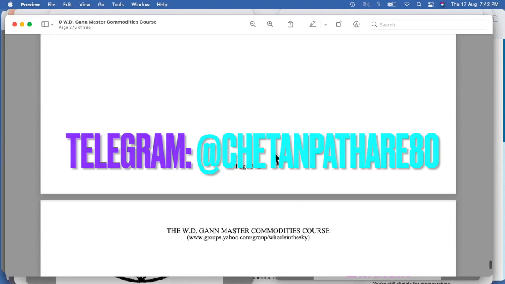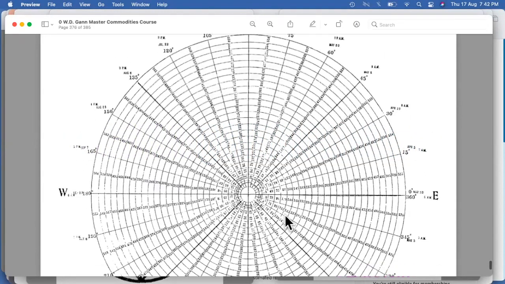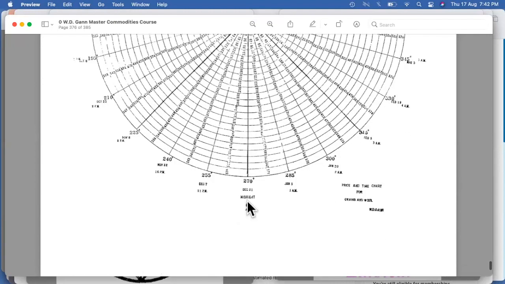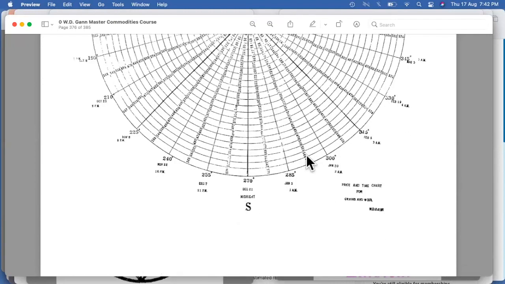So we go to the next chart. Yes, this is the chart, and again we see that this is the east, which has been kept over here. The west is kept in the opposite direction, right? The hexagon goes in an anti-clockwise direction as such, but it doesn't matter, right? So this is again a 360-degree chart, and if we try to interpret that, so that was probably more